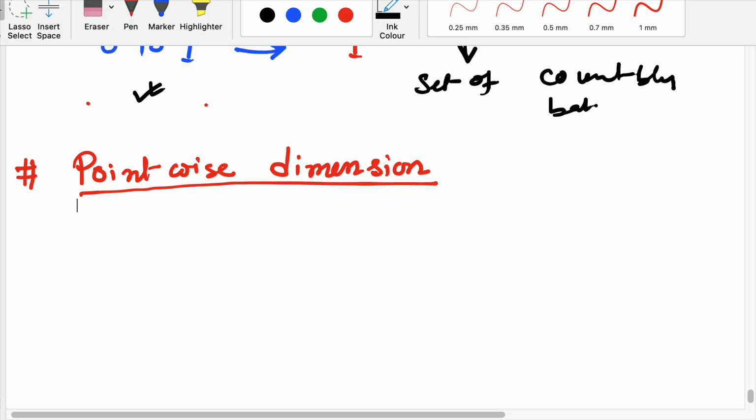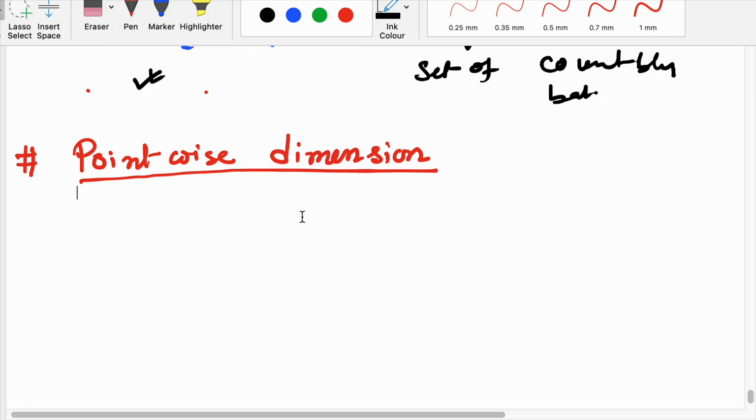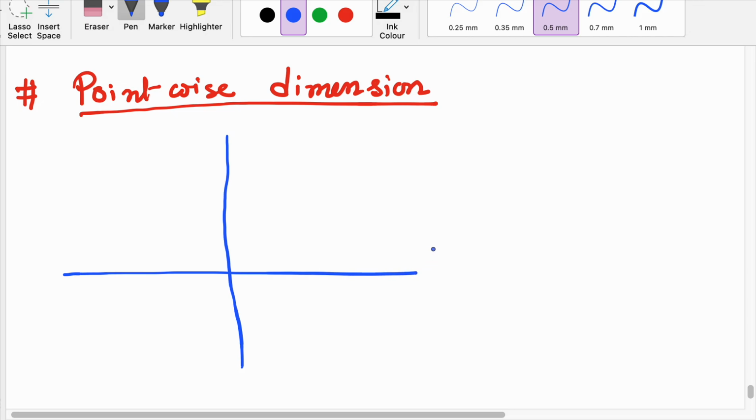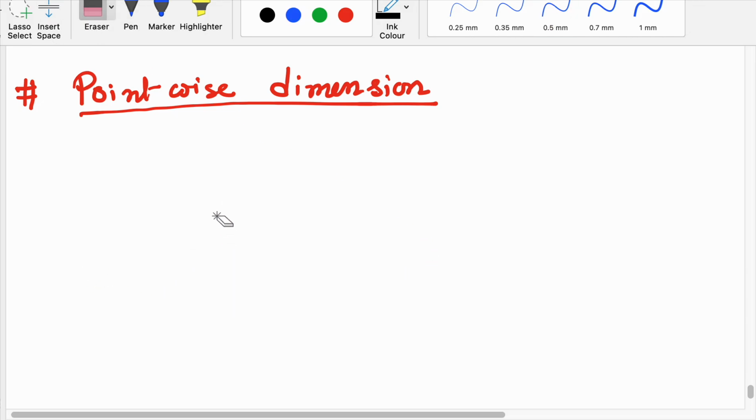Let me introduce pointwise dimension. So for that, let me draw one. Suppose in the 2D plane, or maybe not, I am going to draw a 1D plane. Okay, and in the vertical line I am drawing,